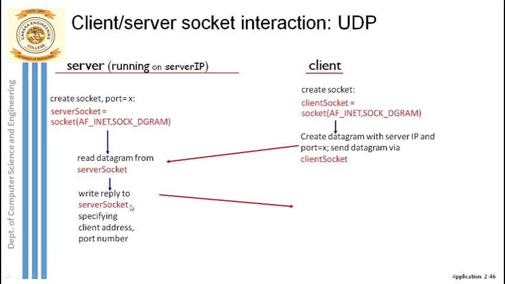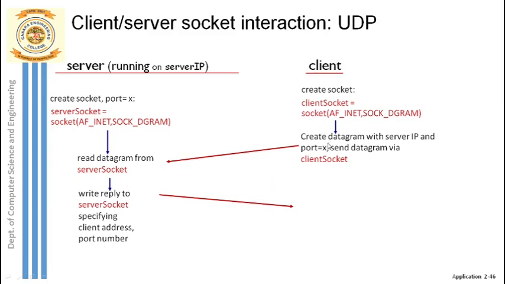Now that should again be converted into a datagram, and that should be sent as a reply to the client. So the datagram, when I say again at the server side, should include two things. One is the message. This time the message is completely in uppercase, and the next part is the address. What is the address here? This time you have to send back to the client system. So do you know the address of the client system?